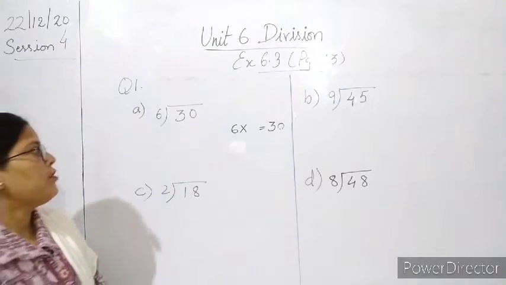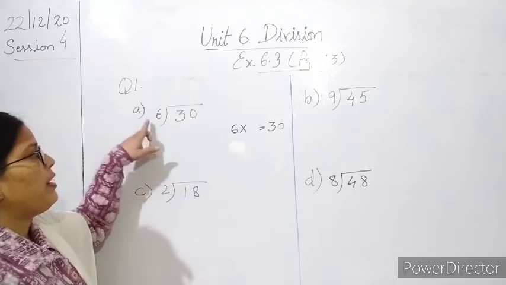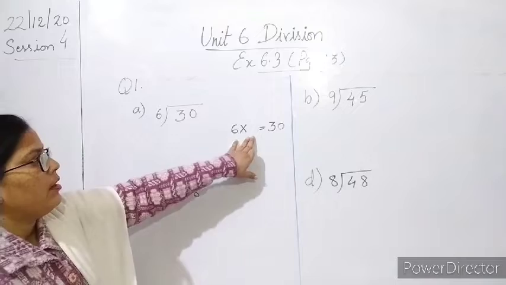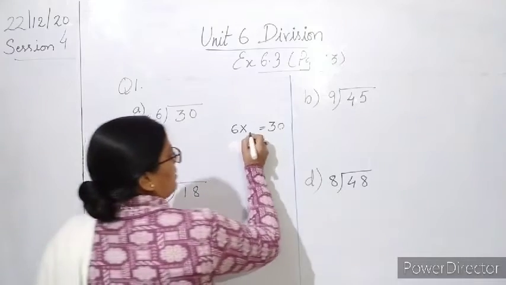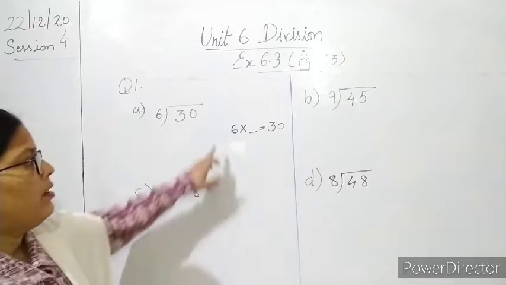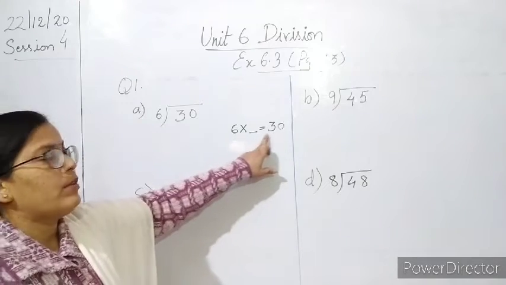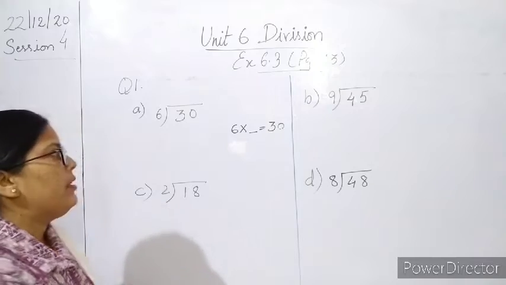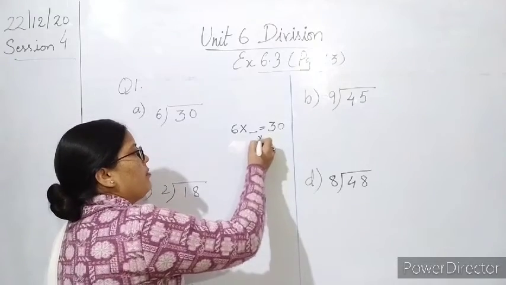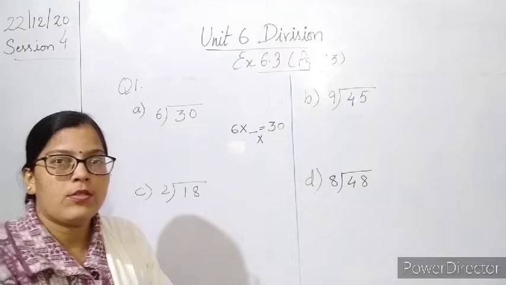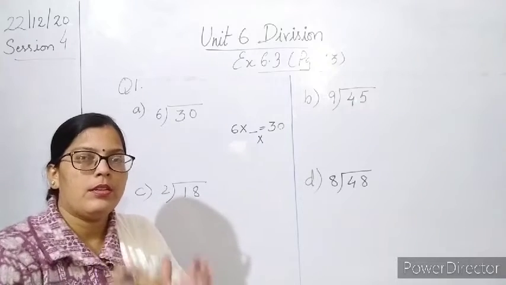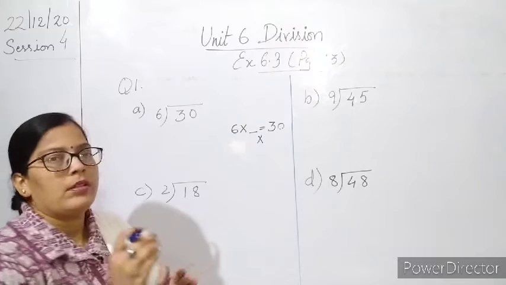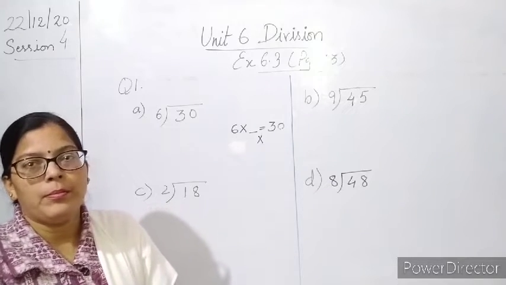Okay, so the first question is 30 divided by 6. Now here beside this division, one more thing is given in your book. You can see it is written 6 multiplied by dash equal to 30. This is about checking your answer in division. But you do not have to study this in this class. You will study this concept in class 3. Here you just have to study dividing the numbers in the long division method.